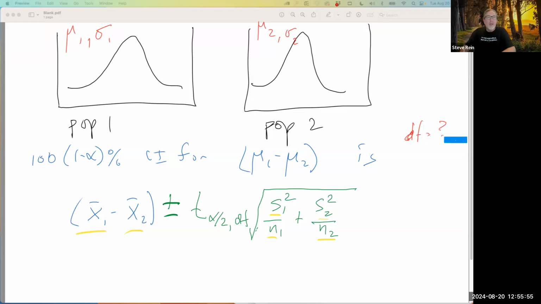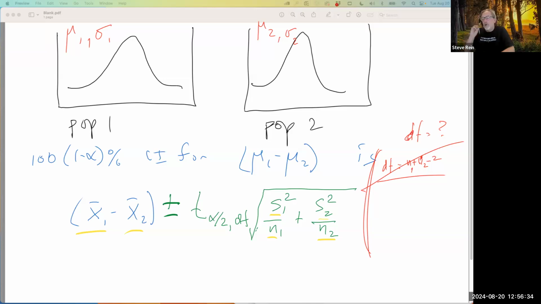Degrees of freedom equals what? The approach for degrees of freedom is going to be based on whether you've got a computer in front of you, and whether you're willing to assume the almost certainly incorrect sigma 1 equals sigma 2 thing that gets you to your pooled method. You could say degrees of freedom is equal to n1 plus n2 minus 2. Don't use that method. That would correspond to the pooled approach. Don't use it.